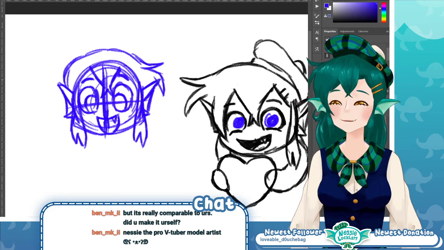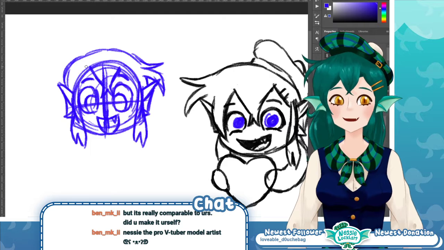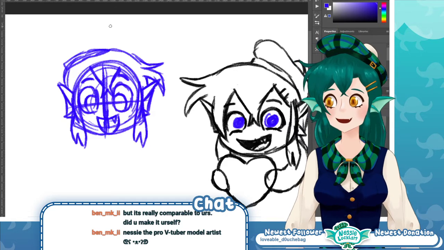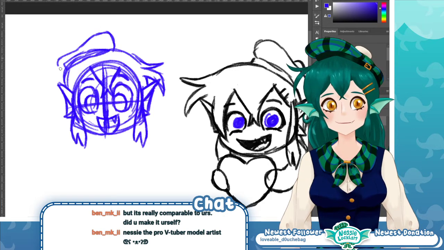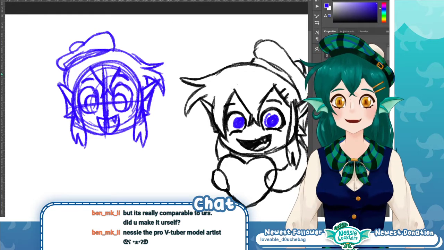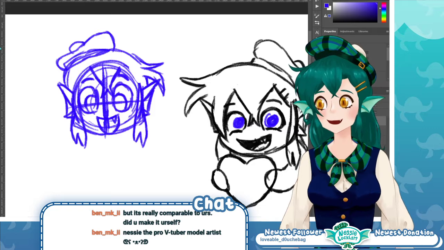I don't think I could be a model artist. Actually, though, I am considering trying to do rigging commissions. I actually really enjoy the rigging process. So I'm starting my second rig really soon. I finished the line art for it. I'm working on the coloring.